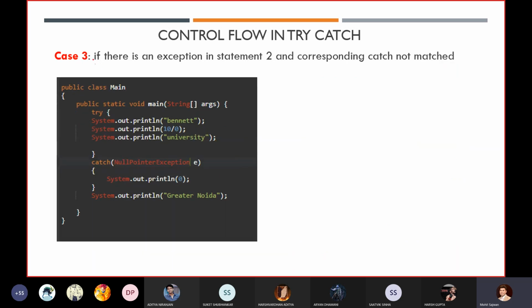Now let's take the third case. That's why I have covered all the cases, so that whatever doubts you have, you will find out these are the scenarios, these are the possible cases that might occur whenever we are writing a try and catch block. Now in this statement, everything is fine, we have written the try block, and in the catch block